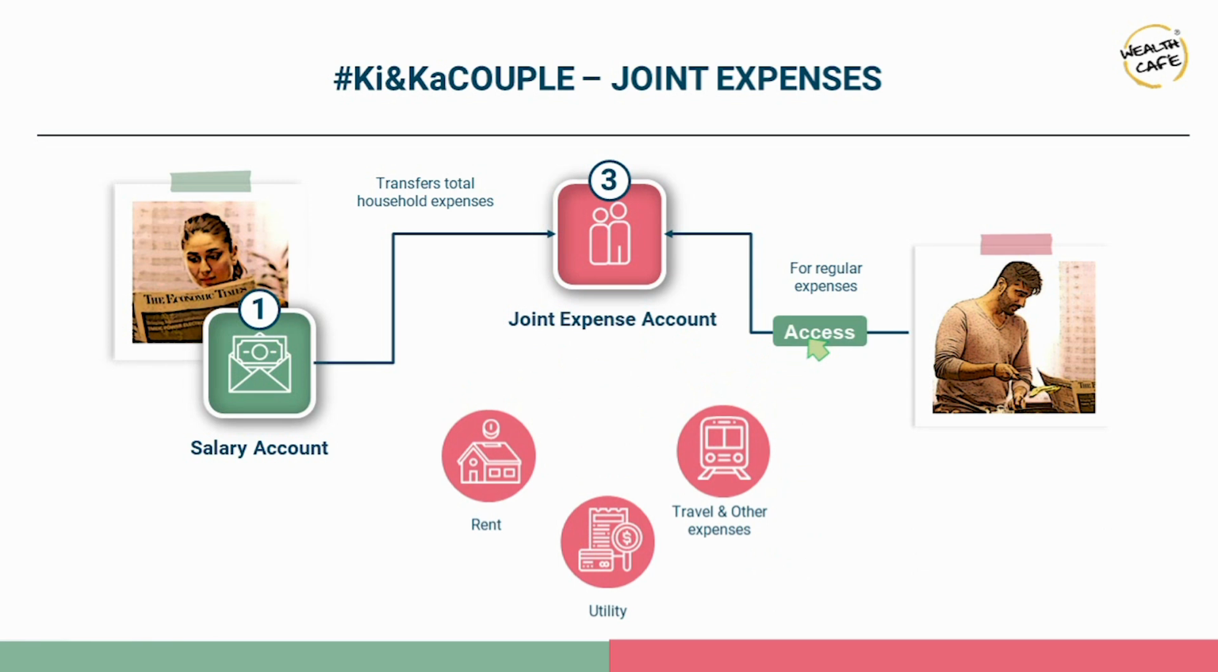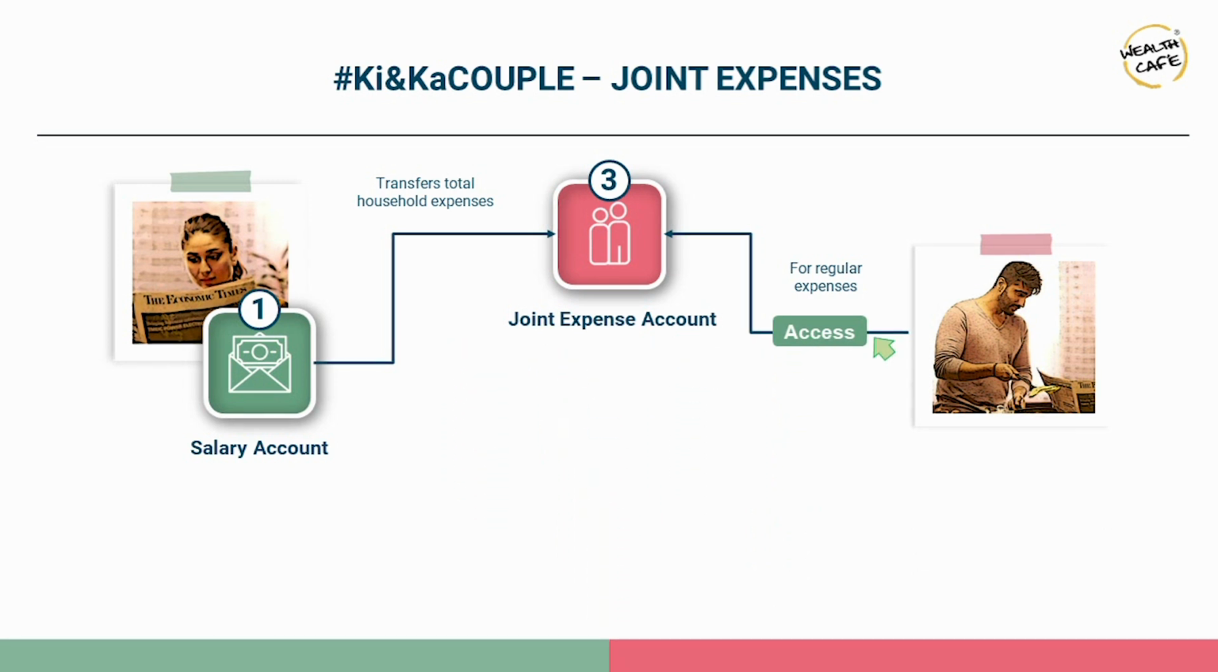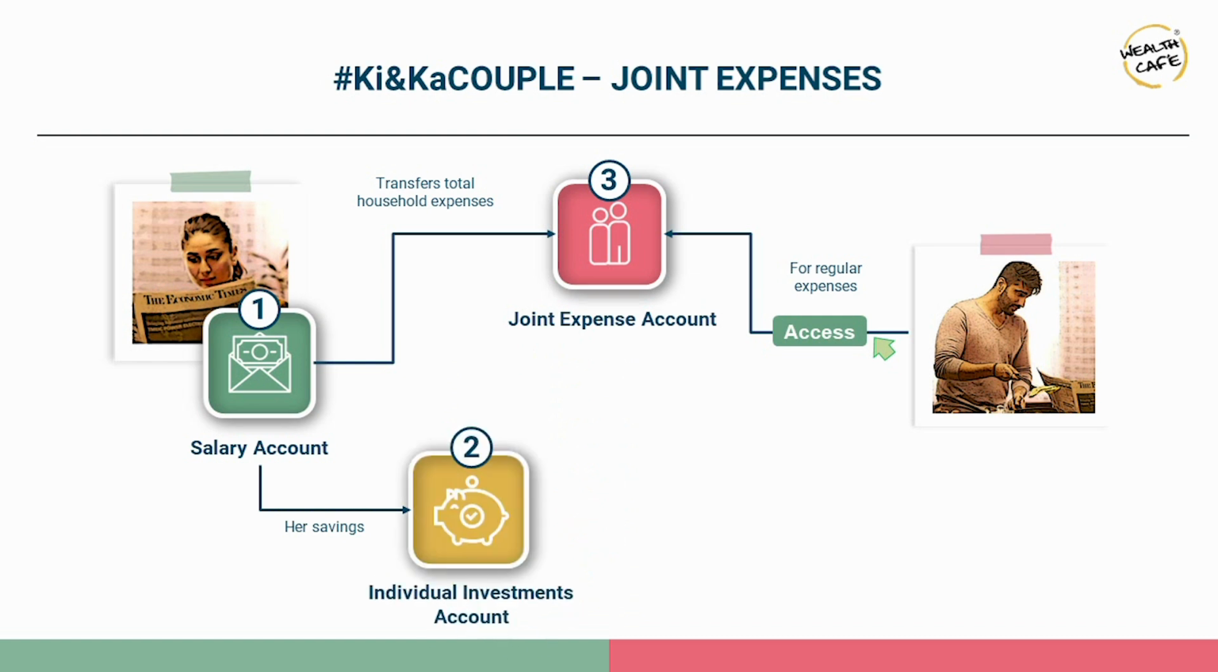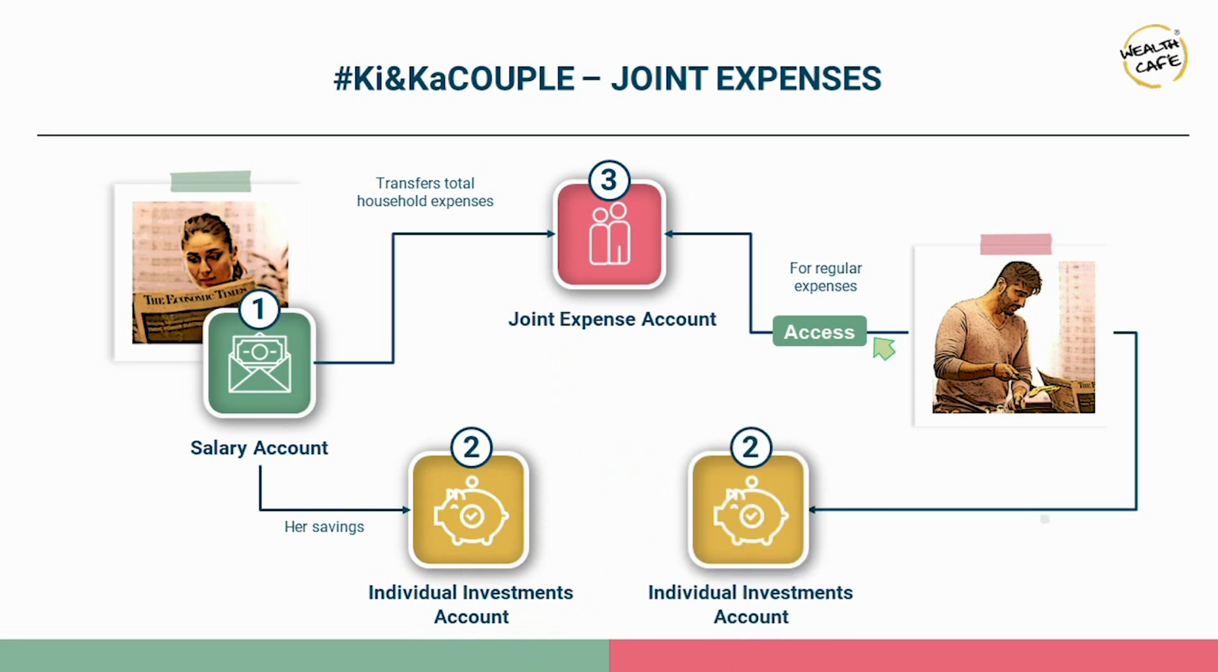So in case of Ki and Ka, clearly given that Ki is the one who is earning, most of the investments would be made by Ki, and Ki can go ahead and make the investment in Ka's name. But there is a tax layer that would come here, which we're going to discuss in the next session. So in spite of that, Ka should have his individual investment account so that any cash gifts or any money